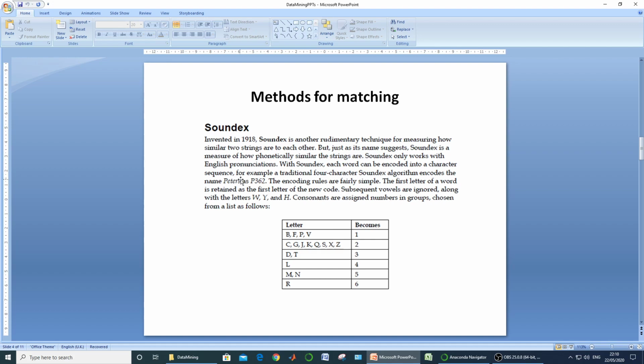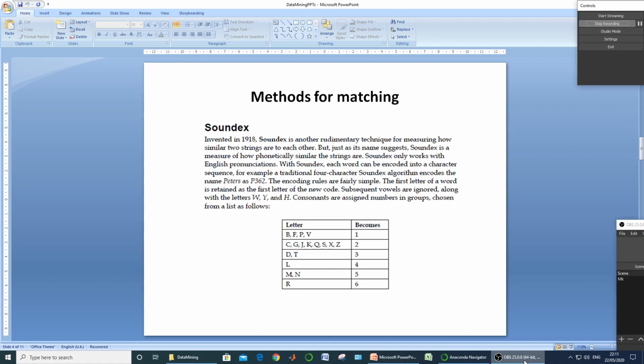So its final soundex code comes out to be equal to P362. In this way, all the strings, all the words are to be coded in the form of soundex or in the form of phonetics, and once they are coded in soundex, then we may easily compare them by just going through their values, whether, or you can say how much similar both of them are. So in this way this works.